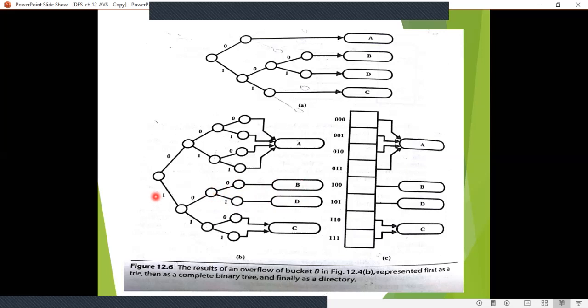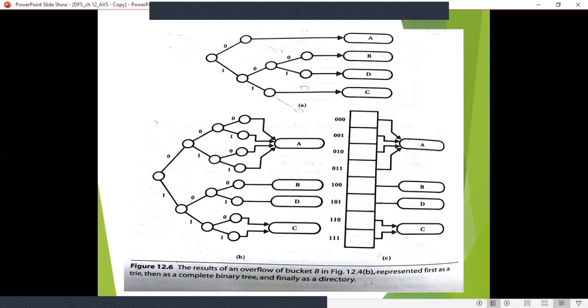If you want to reach B, earlier 100 would reach B and 101 would reach D, right? After combining, you don't need this last bit. You can just minimize this bit. That means indirectly minimizing the directory, and you can use 10 directly to reach B.